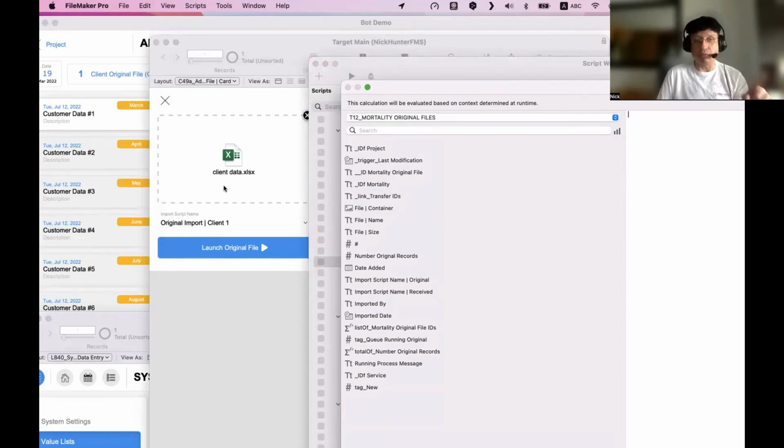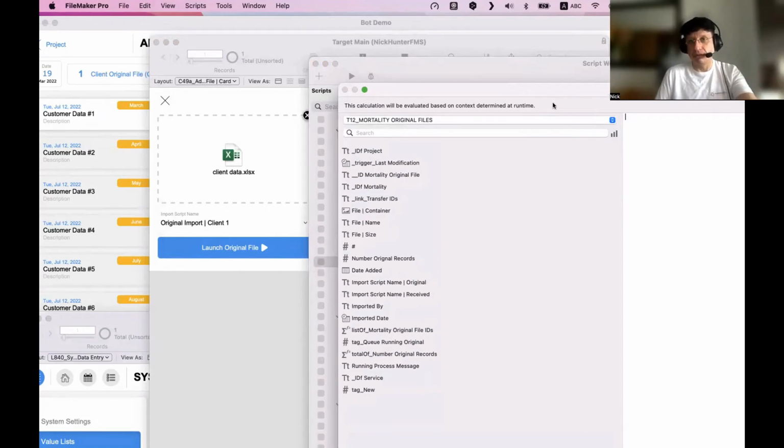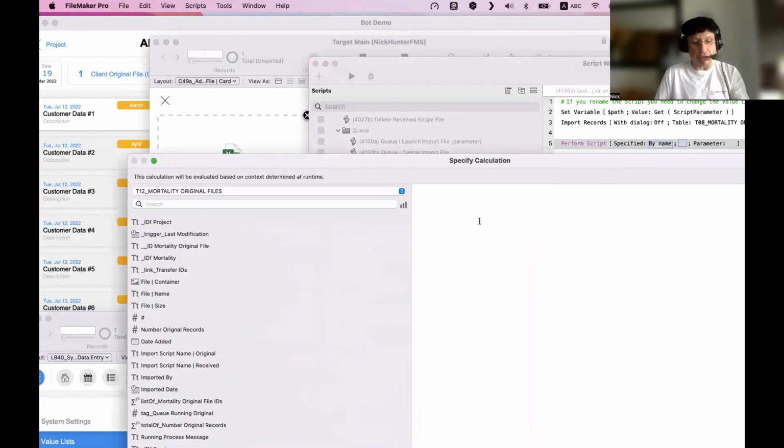But I don't want to point to a field. I need that to be a variable, right? Because I prefer to have here, running script, import script or something like this. Import script name. So why do we do this?